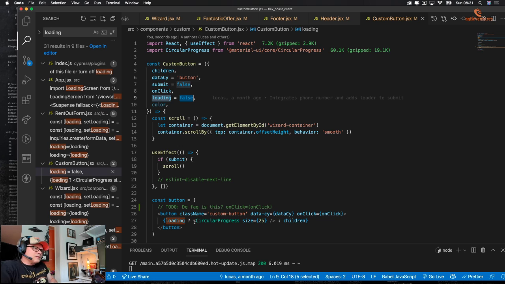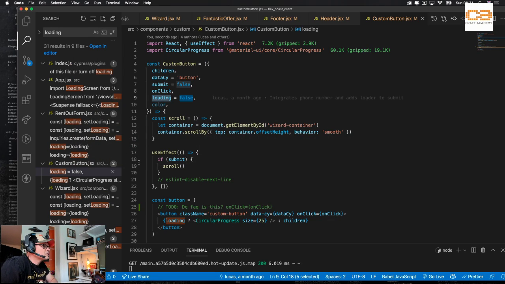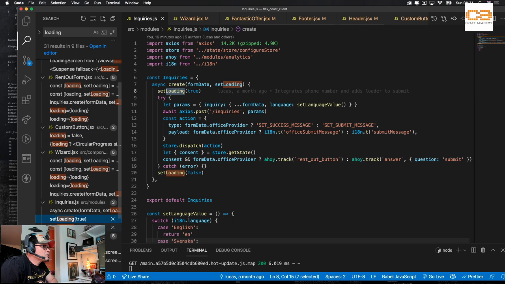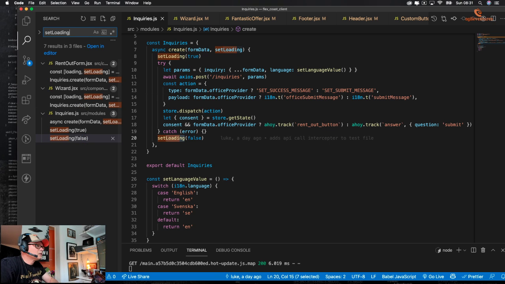I really can't wrap my head around this. What is he? Set loading, right, but yeah, let's see if we just say set loading, rent out for loading.